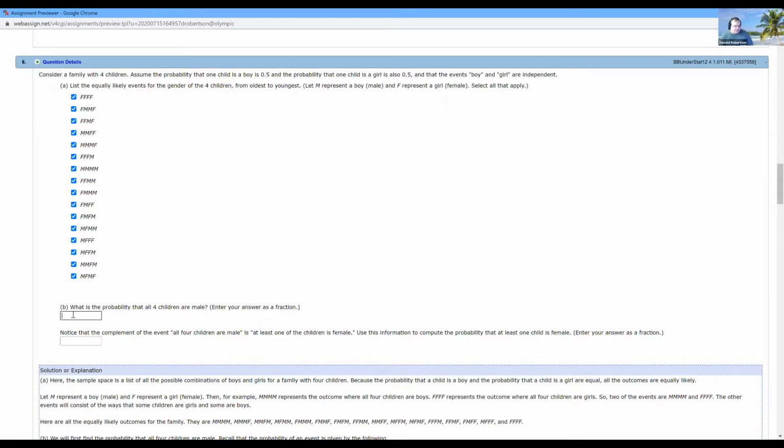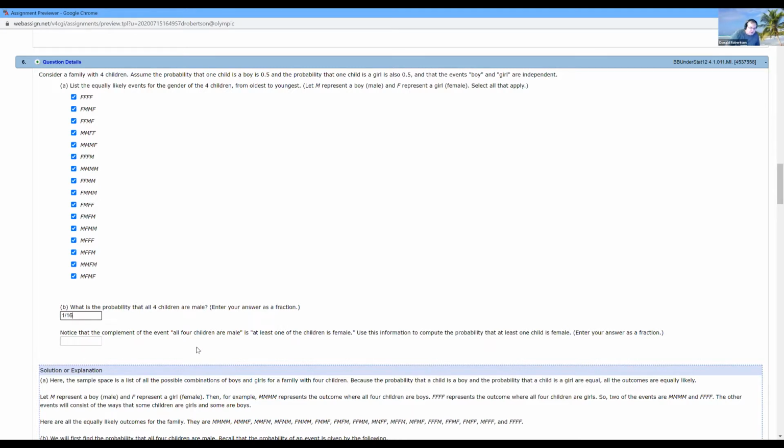Now, just to finish this off, since it's here, what is the probability that all 4 children are male? Well, if you look at that list, there are 16 in it, but isn't only one of those 16 everybody being a male? So that would be the answer. I think they want it as a fraction, so don't write it as a decimal, by the way. Do you know that when you hit it, you have a little thing over here that you do fractions with? That little box where all the little symbols are. Make sure you use that.